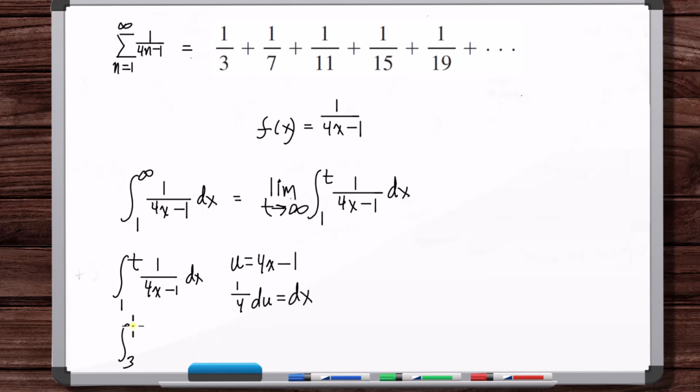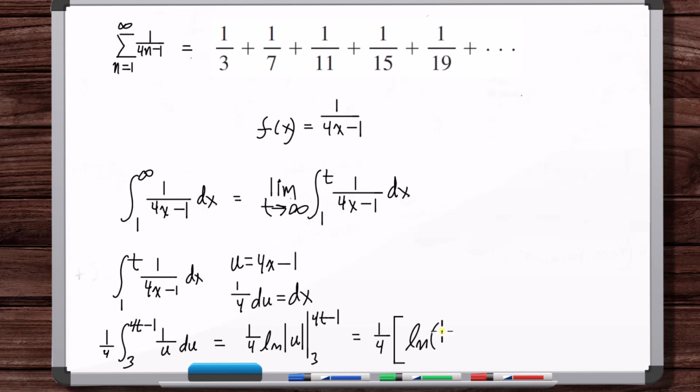When x is equal to t, u is equal to 4t minus 1. So we've got 1/4 natural log. We can take away the absolute value because we're going from 1 to infinity. It's always positive. Minus